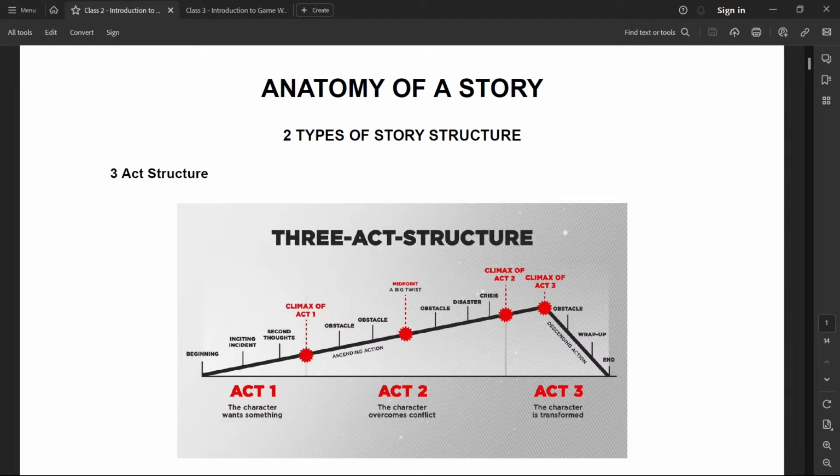So we're going to be starting with the anatomy of a story. There are basically two types of story structures. One is a three-act structure, as you can see in front of you. So first, you will be having a little bit of